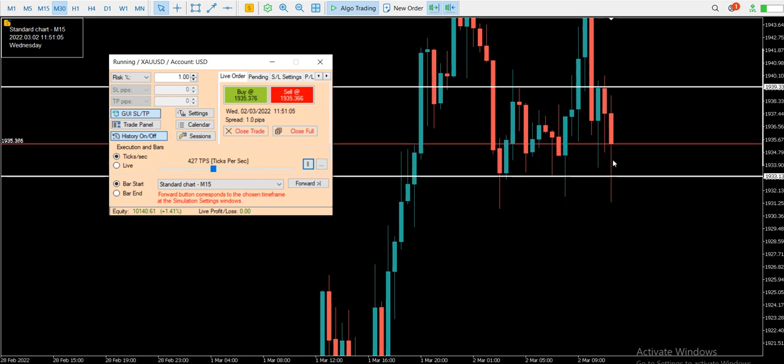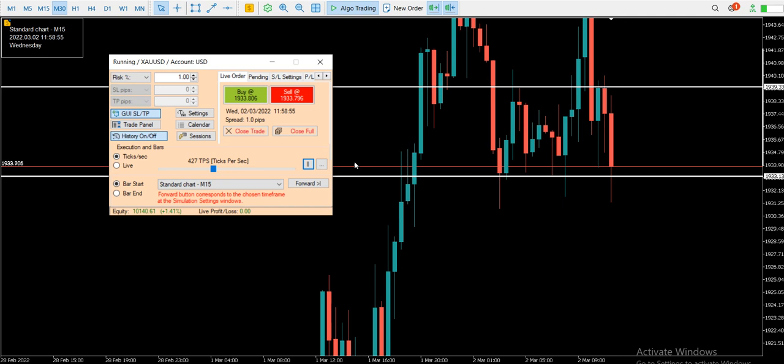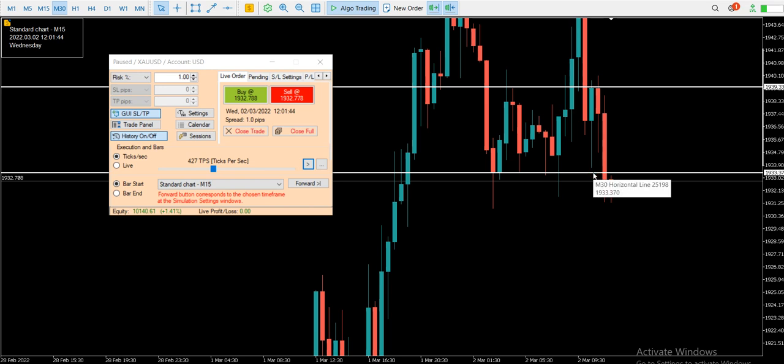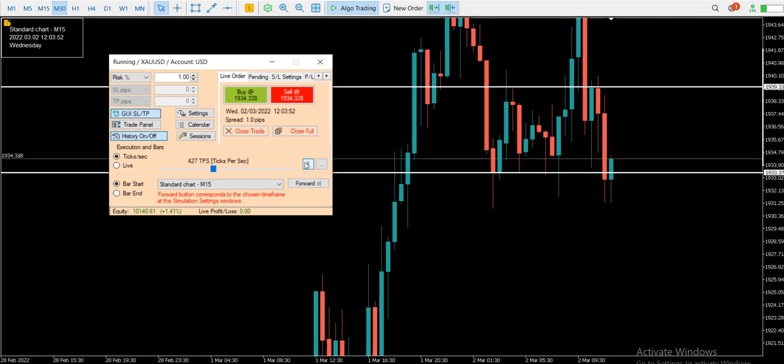Price is rejecting the support. Okay, we got a candle that closed below support. This candle closed below support. This was the support. Now I want to see that if this candle breaks the low of this candle, I will take a sell. Okay, it's going up,